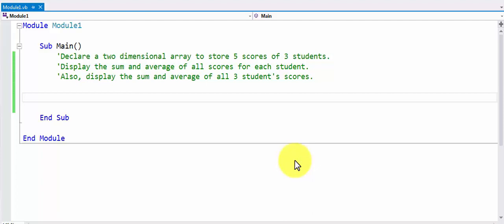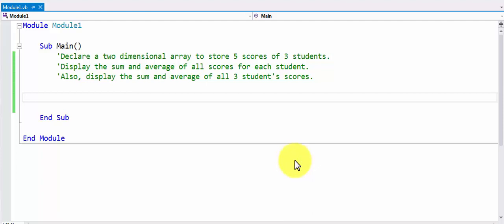Now, two-dimensional arrays are mostly used to store tabular data. For example, here we have multiple scores of multiple students, or if you have multiple sales of multiple sales representatives. Those are the kind of situations where you want to use a two-dimensional array. Anything that you would want to represent in a table comprising rows and columns probably should go